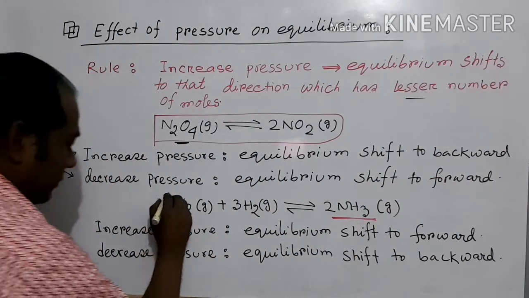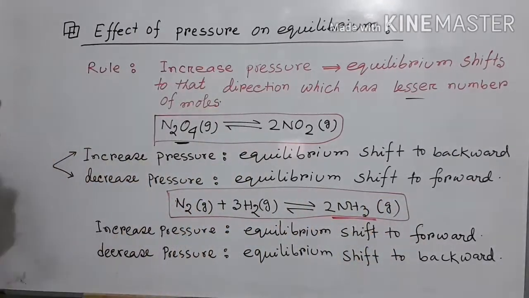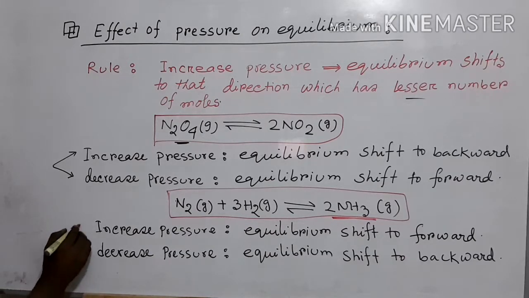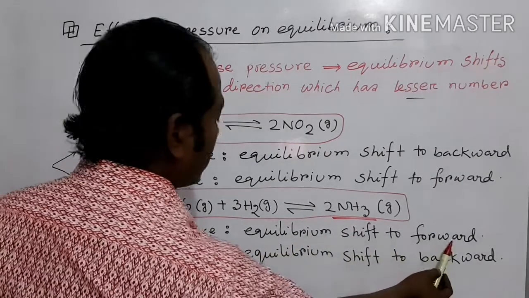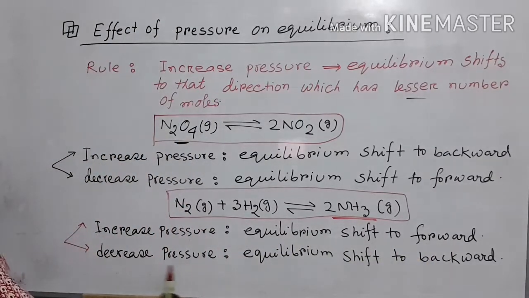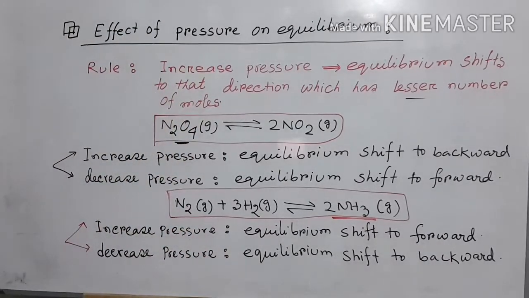And for this type of reaction where the mole number of product is lesser than the mole number of reactant, for this case increase of pressure, equilibrium shifts to forward, and decrease pressure, equilibrium shifts to backward. And